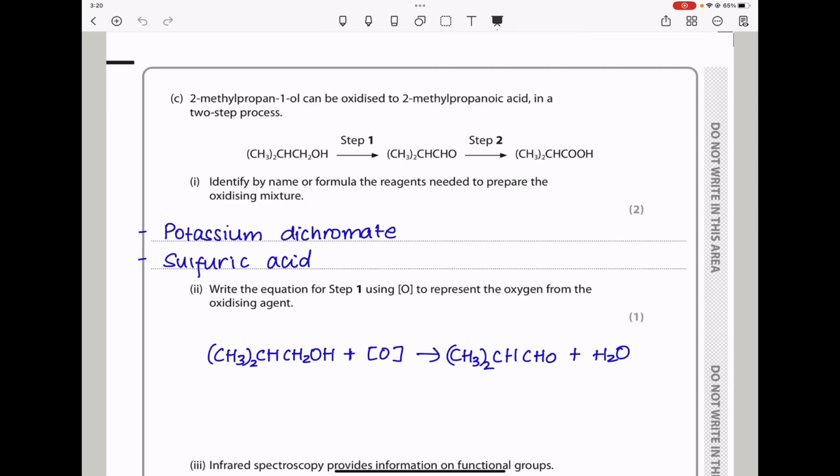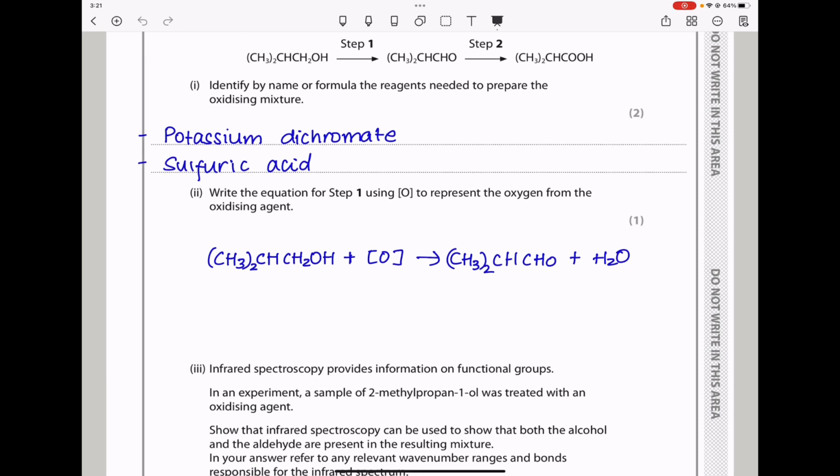So moving on. In part C, 2-methylpropan-1-ol can be oxidized to 2-methylpropanoic acid in a two-step process. In step 1, we can see the alcohol converted into an aldehyde, and then the aldehyde into a carboxylic acid. They say identify by name or formula the reagents needed to prepare the oxidation mixture. We will need sulfuric acid as well as potassium dichromate. Next, write the equation for step 1 using [O] to represent the oxygen from the oxidizing agent. So this is the alcohol in step 1 plus the oxidizing agent gives us an aldehyde plus water,